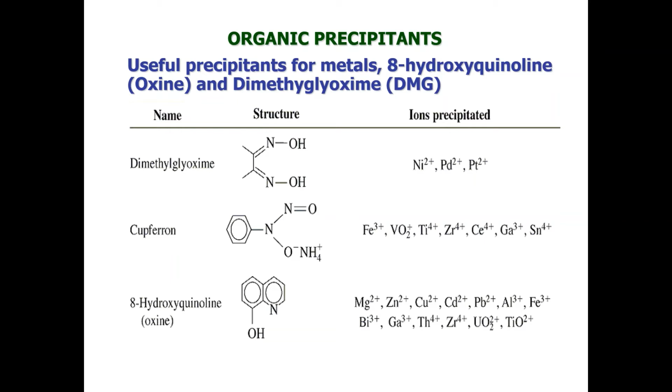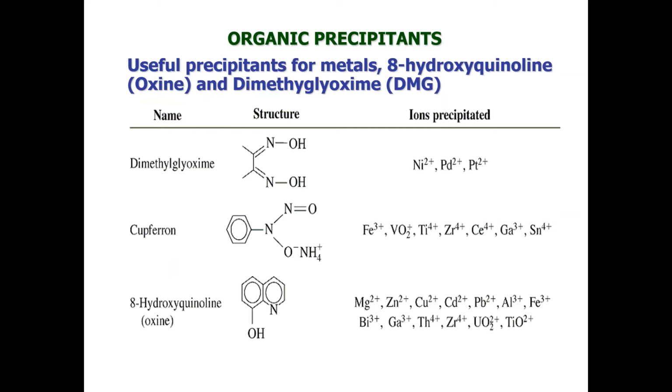DMG or dimethylglyoxime can only precipitate with 3 ions: nickel, palladium and platinum. I'm not sure, I think cobalt also can be precipitated by DMG. Okay, but it listed only 3. Whereas carbofuran, there is 2, 4, 6, 7. And hydroxyquinoline, there's a lot more. So what we will say, dimethylglyoxime is a very selective